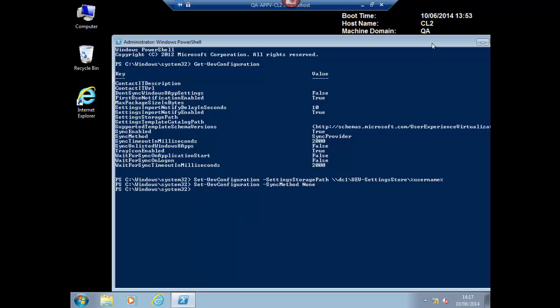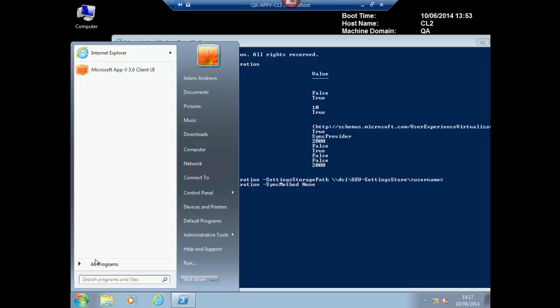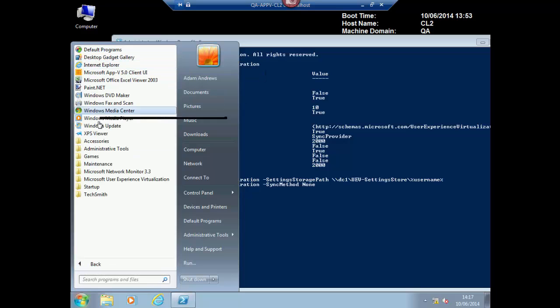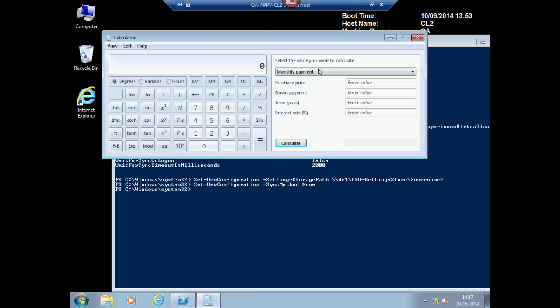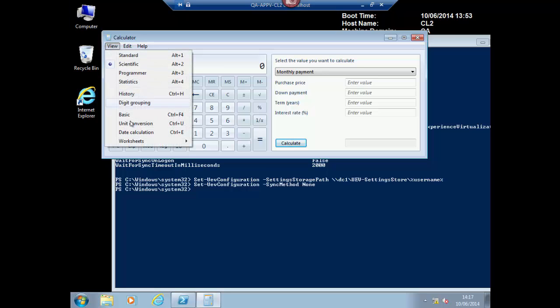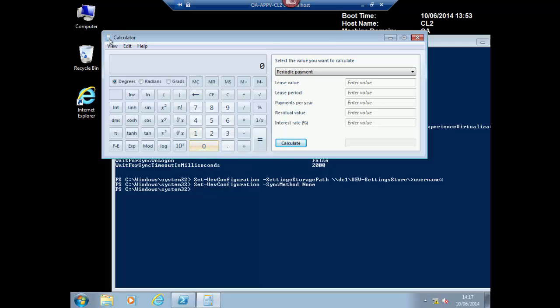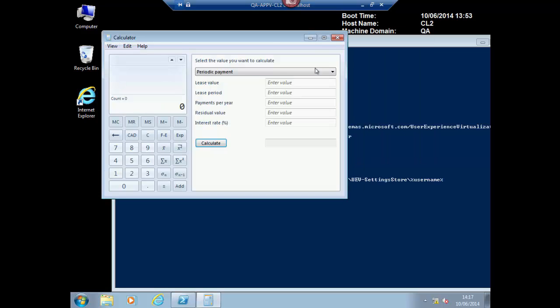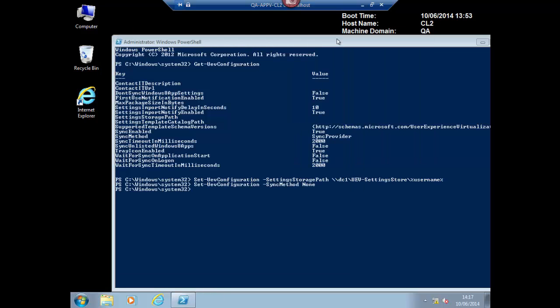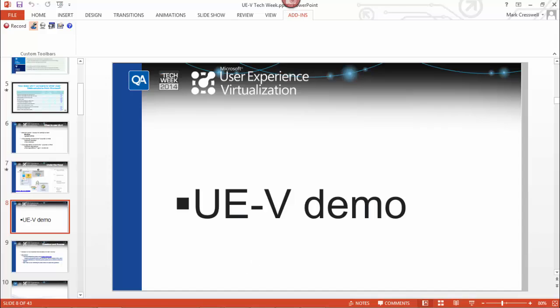Okay, with that now set, all that's left for me to do is to launch Calculator, and with a bit of luck, we should see that the settings come up with scientific with the mortgage worksheet. So I can change this now to the vehicle lease worksheet, and I'll change the view to be statistical view, and if I shut that down now, and now if I switch back to my client 1,